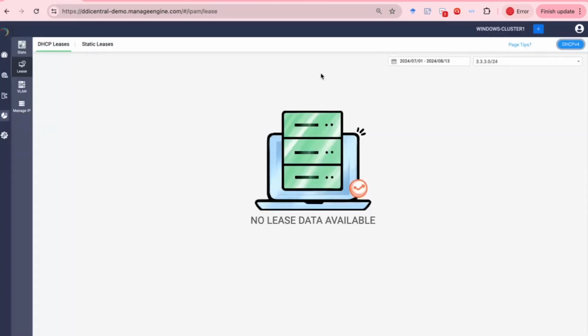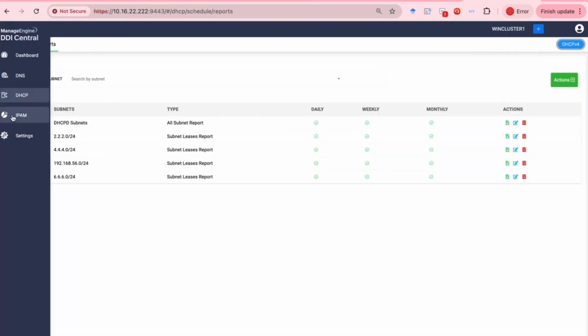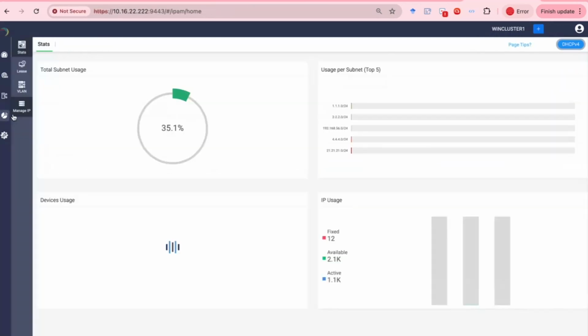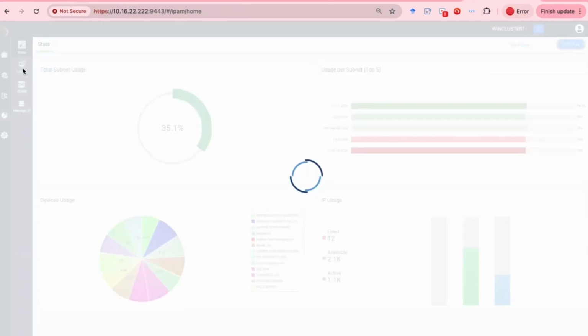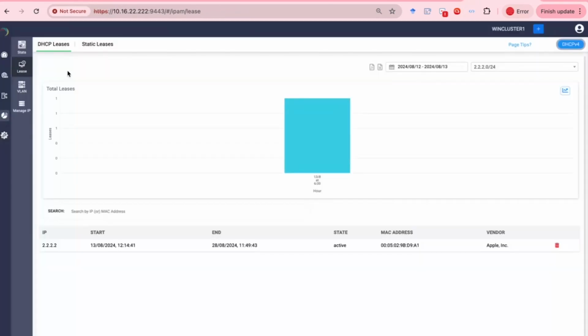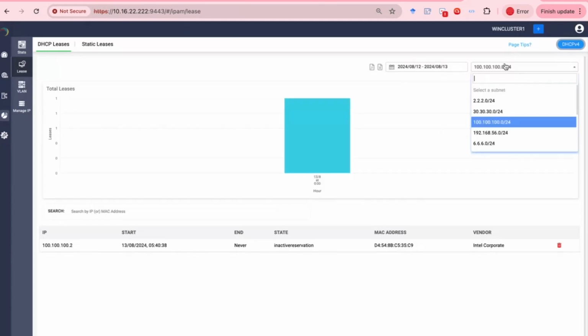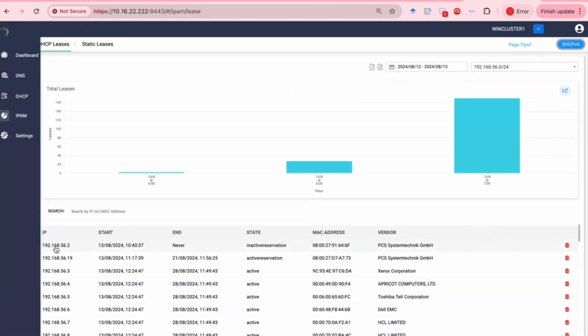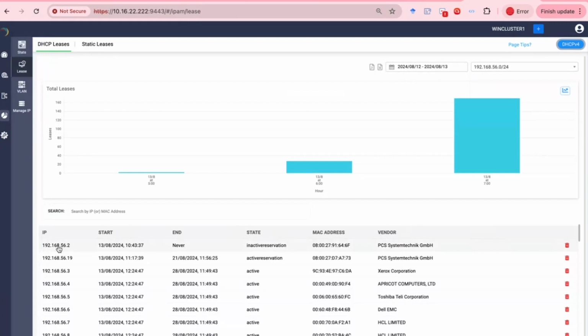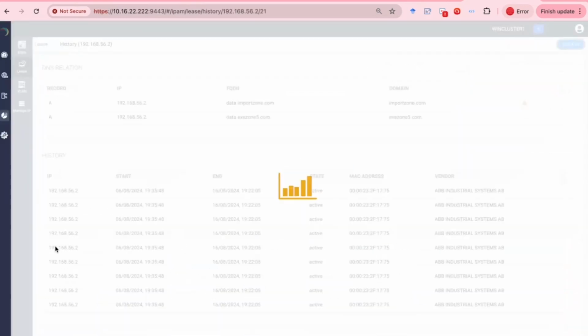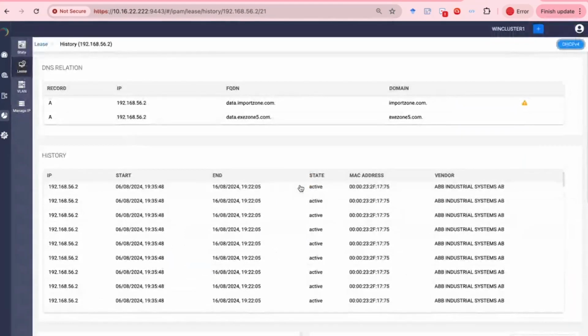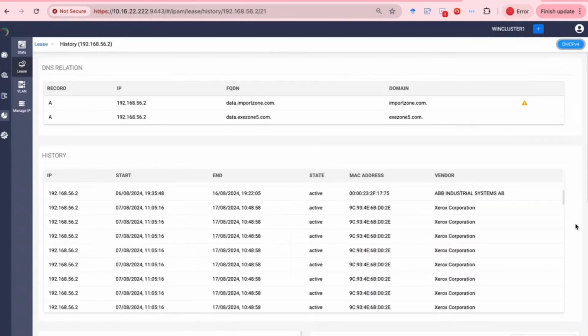And then if you get into the lease menu, you can see the leases behind a particular subnet. So if you get into the IPAM module, here's the dashboard. And if you get into the leases menu, you can see the DHCP leases for a particular subnet. And so if you click on a particular IP within this subnet, you can see the lease history of that particular IP. Here in the lease history, there is a lot of contextualized information